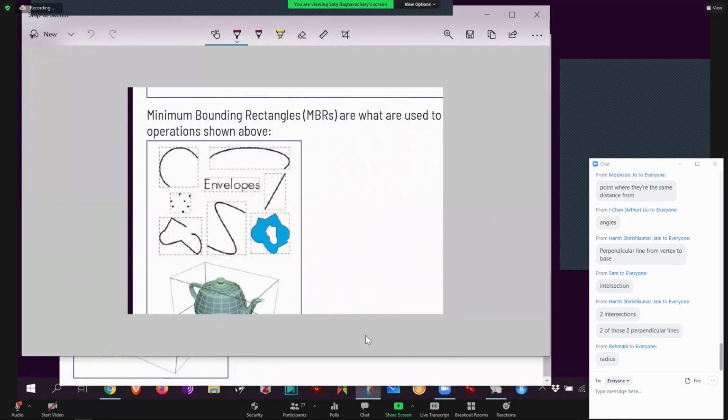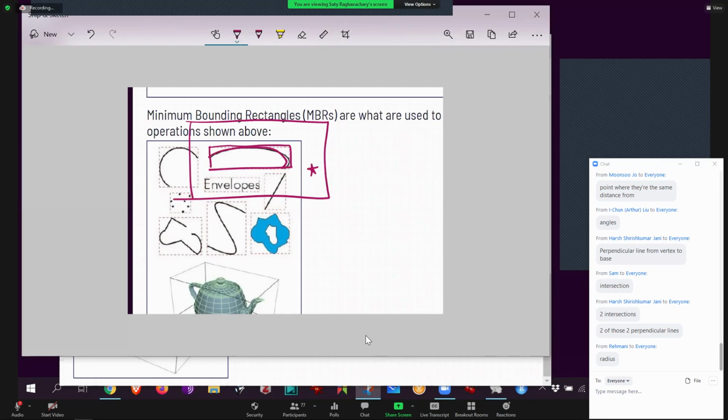So the MBR for this curve, suppose this curve is what you want to actually find, is something close to this or not, okay? This should be the MBR that's a good MBR, as opposed to that's a very bad MBR. The reason is, if I give you a point, you meaning the algorithm, and I ask you, is the point inside or near the curve or not?